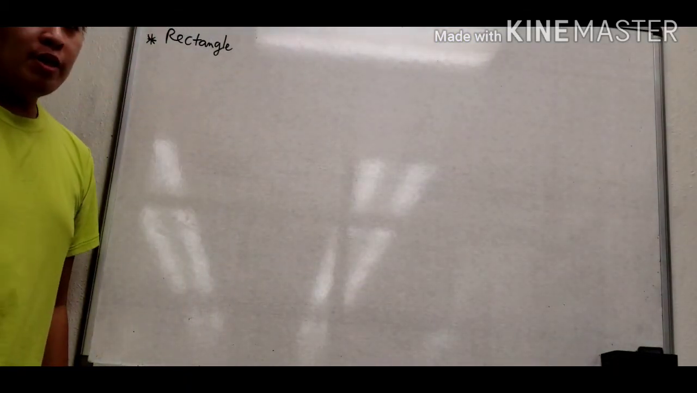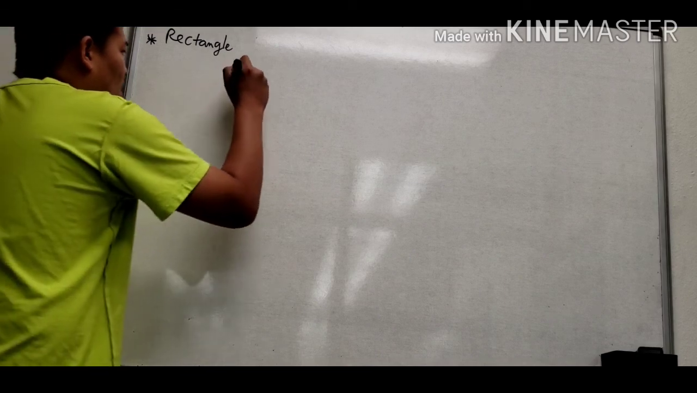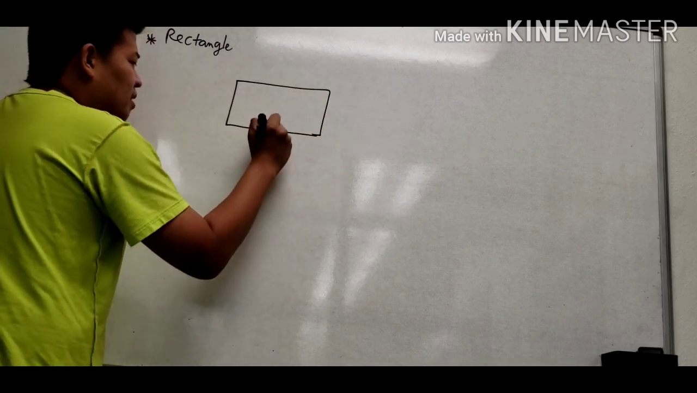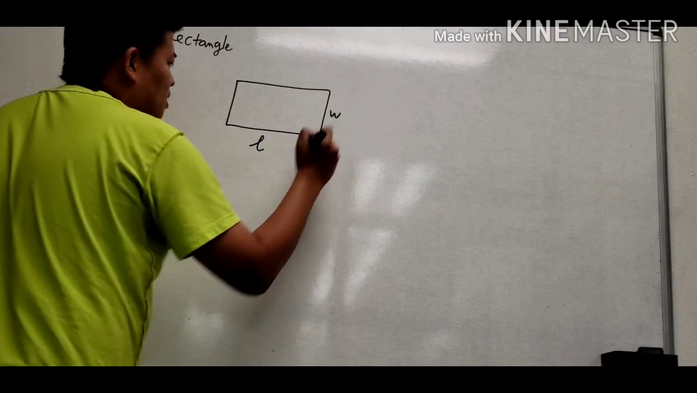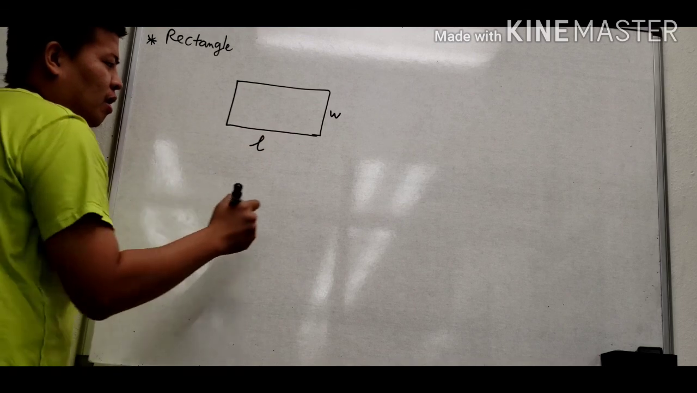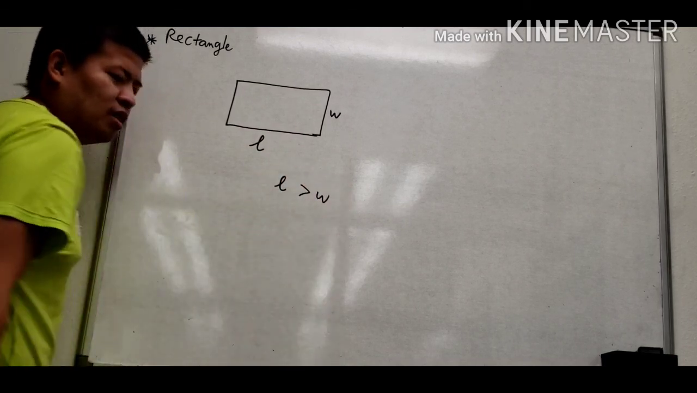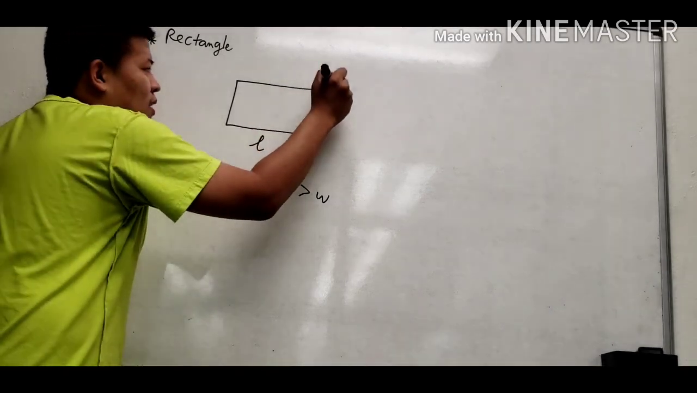So the next one I will talk about is the rectangle. For a rectangle, we have the length, which we call L, and the width, which we call W, and we know that the length is greater than the width. This is the basic thing you need to know. The next one we need to learn is